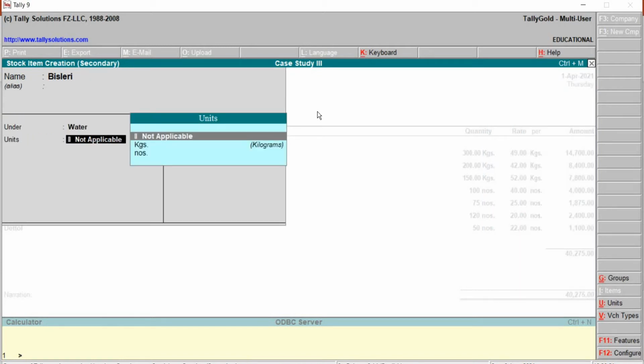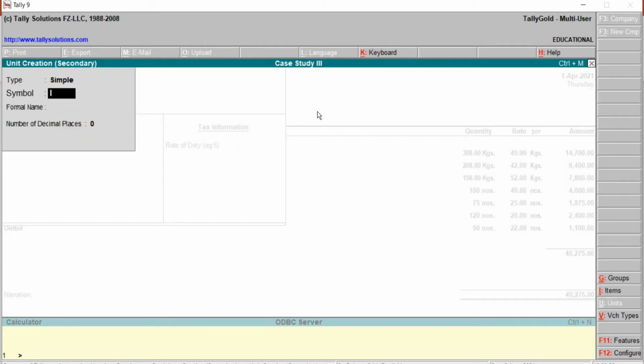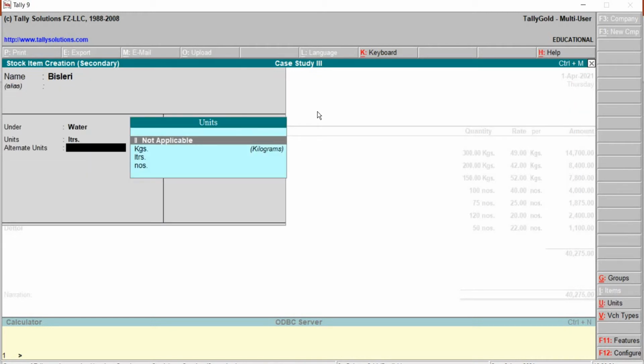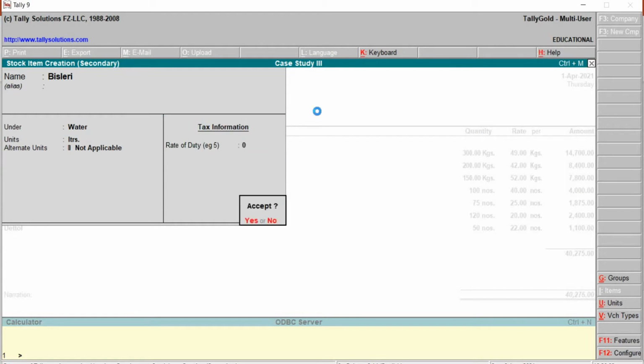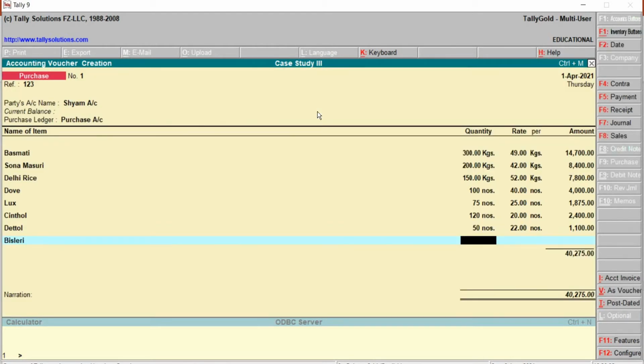Alt C to create. This is for liters. Not applicable. Then save. The quantity is 80. Then rate is 8.